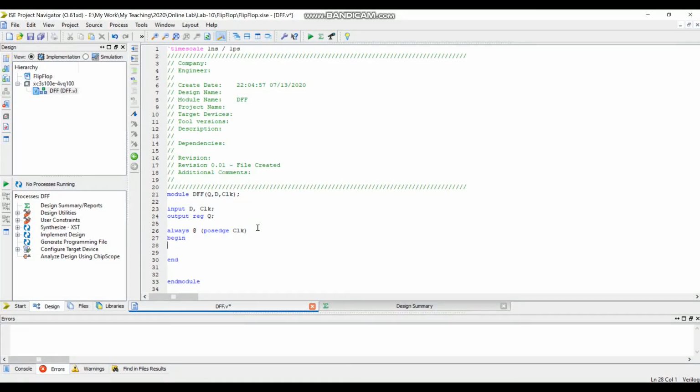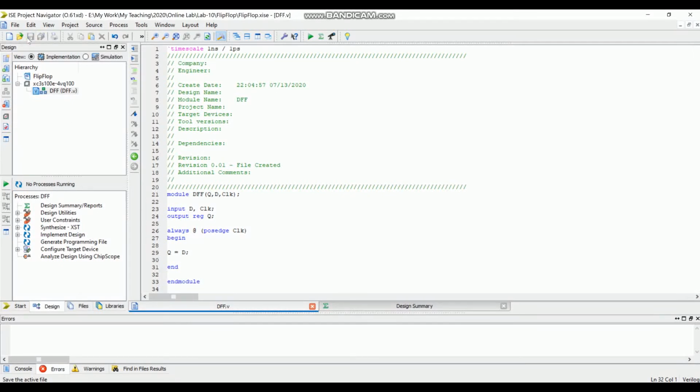So in D flip flop, a D flip flop is basically a transparent flip flop. Whatever is on the input will go to the output on the next clock. In this case, we have specified that the execution should happen on positive edge. So whenever there is a positive edge, the input should go to the output. So it's a transparent latch, and we need to only write this statement to implement this. So that's it, right? This is a D flip-flop,